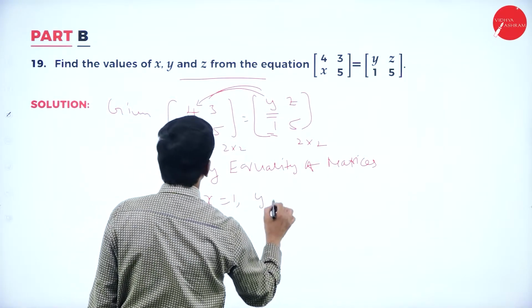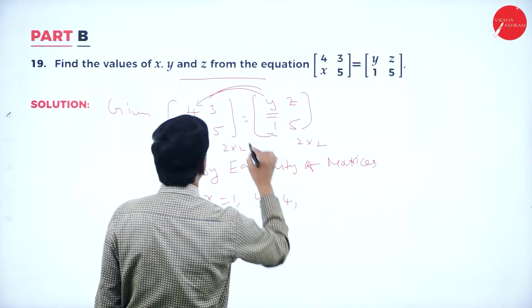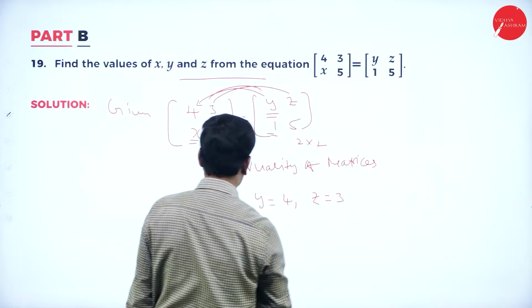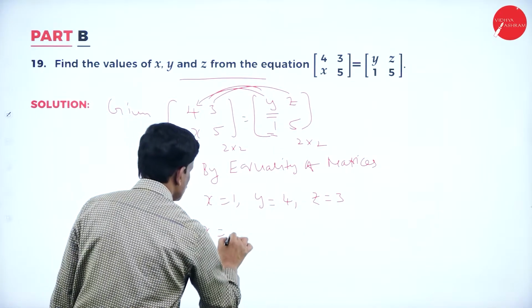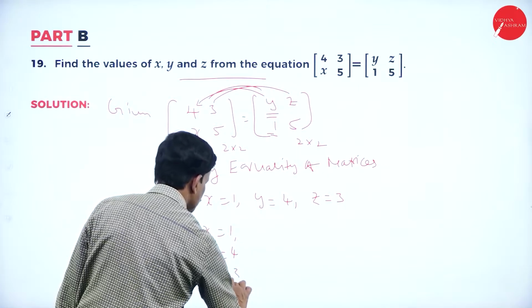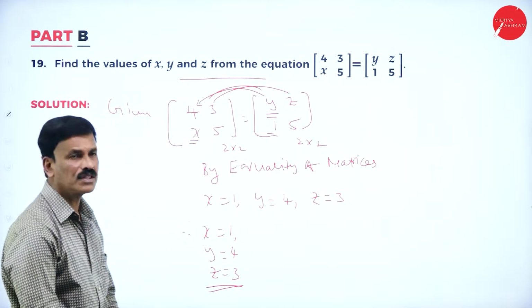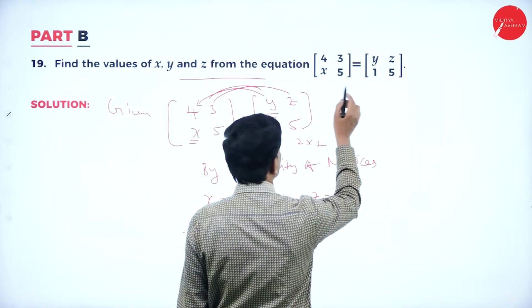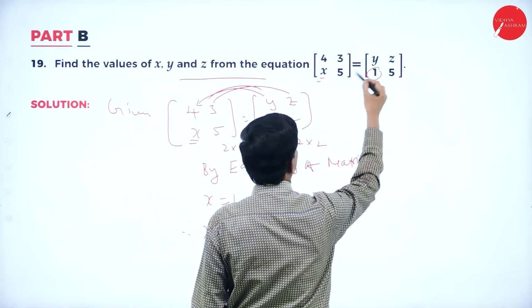So y is equal to 4 and the value of z is equal to 3. So therefore x is equal to 1, y is equal to 4 and z is equal to 3. These are the values of x, y and z. Simple, very simple problem. Just straight away looking at the problem, you can write x is equal to 1 and